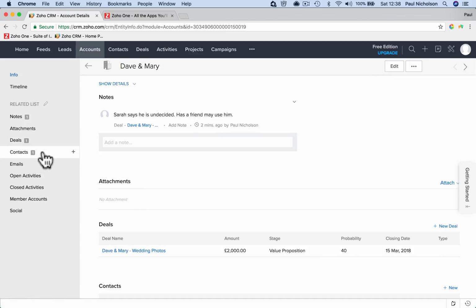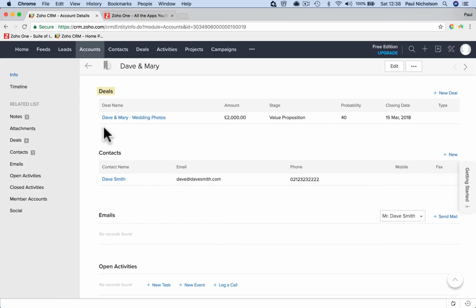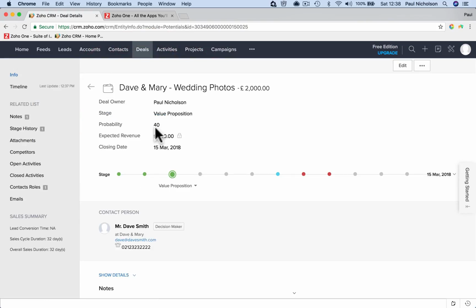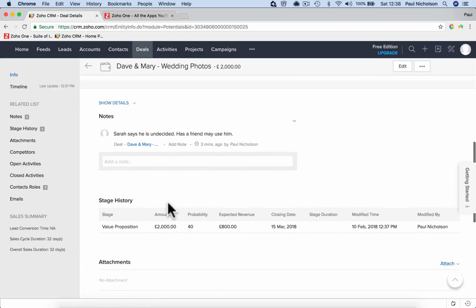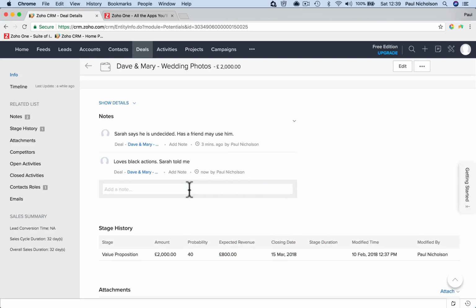And then you have the contact, which we know is Dave Smith, and then we have the deal. The deal itself, where is that deal at? This is where Zoho is going to give you value. So you're going to put in here, I don't know, loves black and white action shots, right? Sarah told me. You might put in